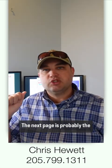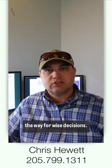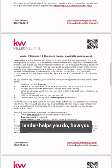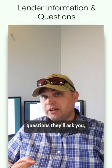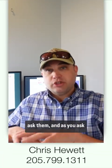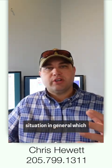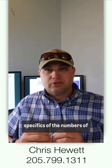The next page is probably the most important page in the packet, in my opinion. I believe information leads the way for wise decisions. So this is a document that helps you understand what the lender helps you do, how you should feel when you're talking to the lender, the questions they'll ask you, and the questions you need to ask them. And as you ask those questions and are answering questions, you'll understand, do I need to work with this lender? And you'll understand more of the situation in general, which actually gets to the specifics of the numbers of your